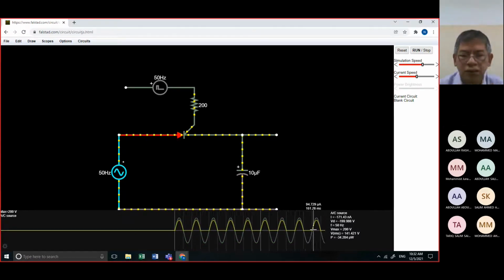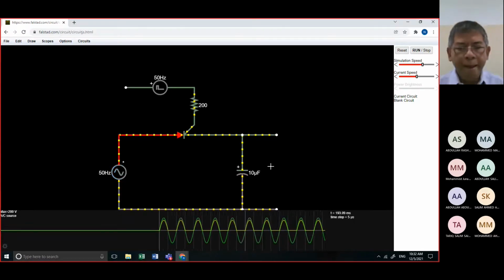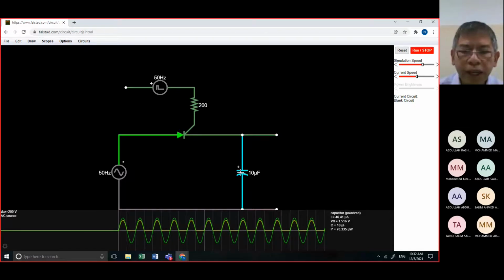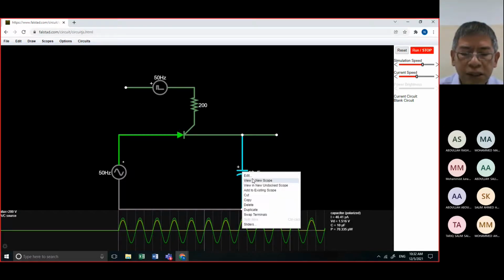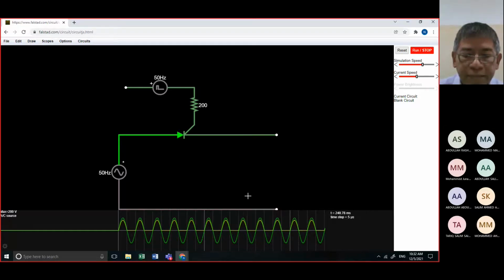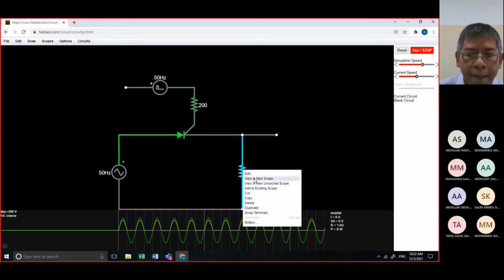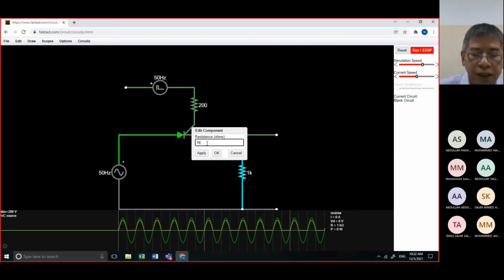So that's why in the controlled rectifier, as you've noticed, there's no need for a capacitor. A resistor is enough for the SCR circuit connection of a rectifier. So we'll cut and then connect a resistor here, 200. Edit, then 200.